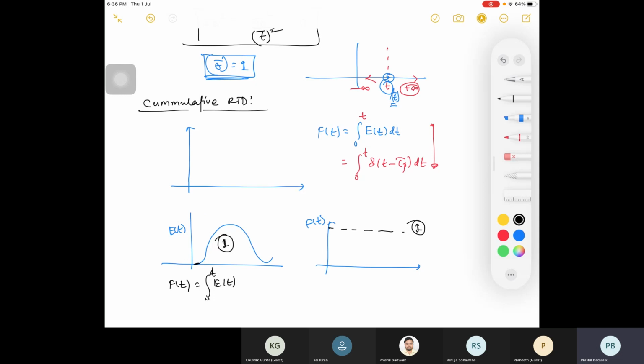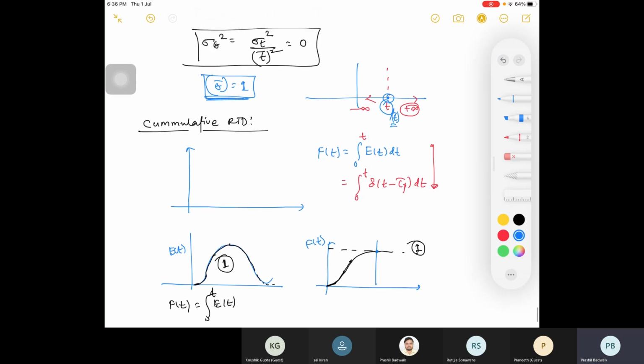So here, what is there? It will add. Then again it is increasing, so again it is adding. Again it is increasing, it will add. It will reach the maximum value. Right? Then it is increasing, but the value increases very little. Again we come here. So you will be having this kind of curve. You are just accumulating up to that point. So at the exit, you will have the final value, that is 1. This will be reached.